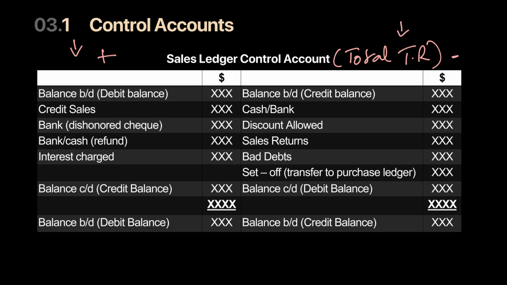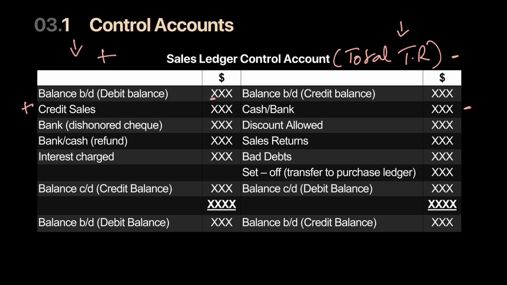Now let's take a look at that. Any outstanding balance, or balance brought down, will come on the debit side, because remember, they are your assets. Now let's say number 1, credit sales. What should credit sales do? If I sell more goods, trade receivables should pay me more. It increases my trade receivable. I should enter it on the debit side, right? Similarly, if trade receivables pay me off, then it reduces my trade receivable. It should go on the credit side.